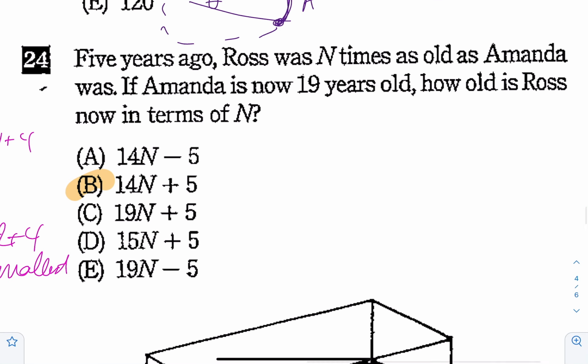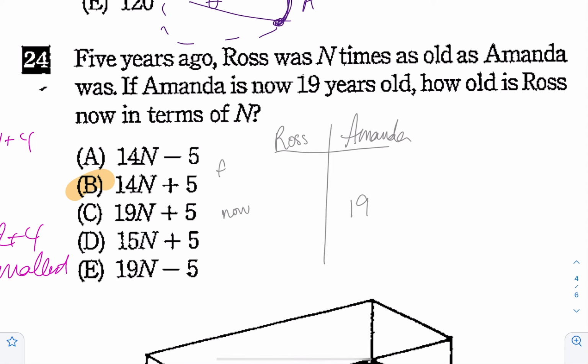Next, number 24. 5 years ago, Ross was n times as old as Amanda was. If Amanda is now 19 years old, how old is Ross now in terms of n? To do these age problems, you want to organize your data in a chart. You don't know how old Ross is now, but Amanda is now 19 years old. 5 years ago,